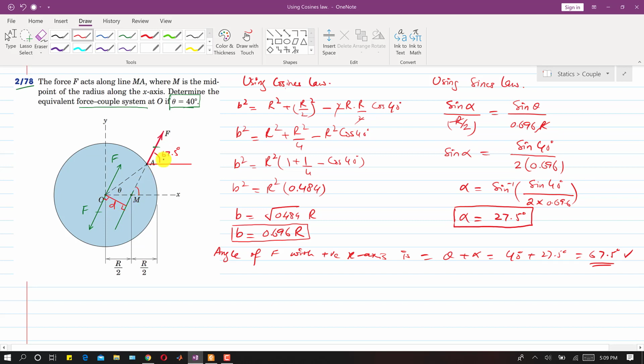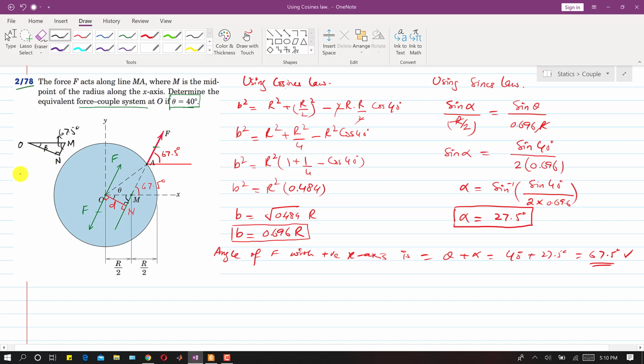So what is this angle? If this is 67.5 degrees, then this is that same angle, 67.5 degrees, right? And in this triangle, let's suppose this is point N, right? So in this OMN triangle, this angle and this angle are equal, so this is also 67.5 degrees and this is 90 degrees, right? So what will be this angle, right? So let me draw this triangle here. So let's suppose this is that OMN triangle, this angle is known, this is 67.5 degrees, this is 90 degrees, and this, let's suppose, is beta, right?